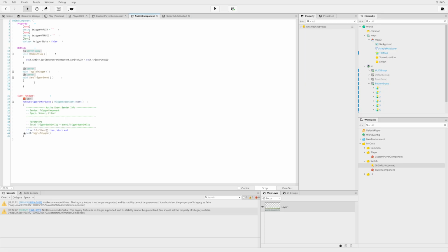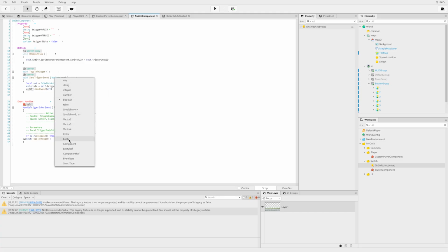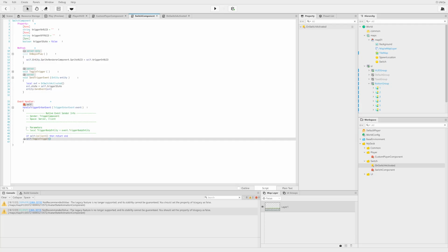Back to our switch component. We're going to create our new event, and we're going to set the state value to our trigger state. And let's create a new parameter for our entity. In our event we have this value that is default to our trigger enter event. So our trigger event is also communicating to us which entity has entered into this trigger range. So we're going to use this entity and we're going to send our event to whatever entity triggered this